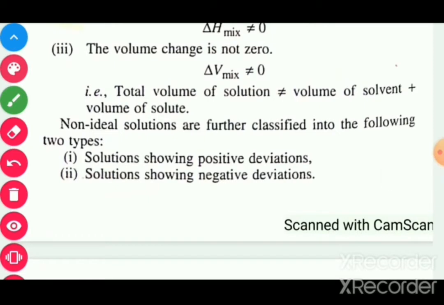Non-ideal solutions are further classified into two categories. First one, non-ideal solution showing positive deviation from ideality. Suppose this is the ideal line, then the upside is the positive direction and the downside is the negative direction. So it may be possible that the non-ideal solution shows positive deviation from ideality, or may show negative deviation from ideality. So first of all, let us know about